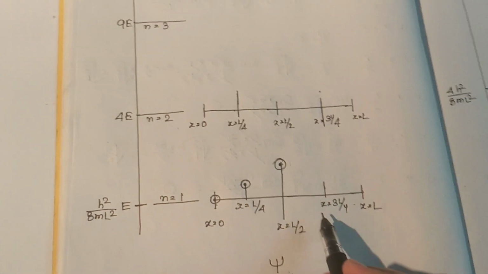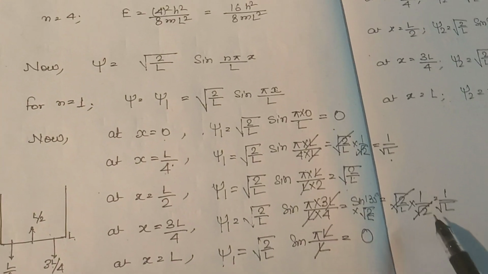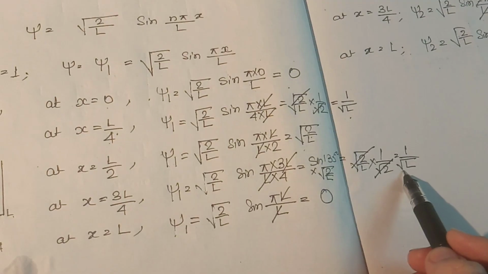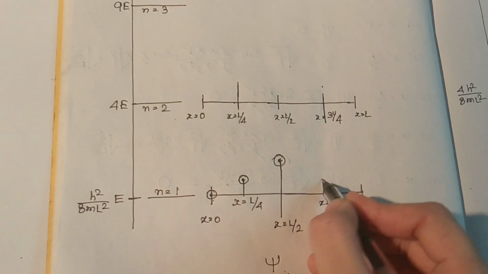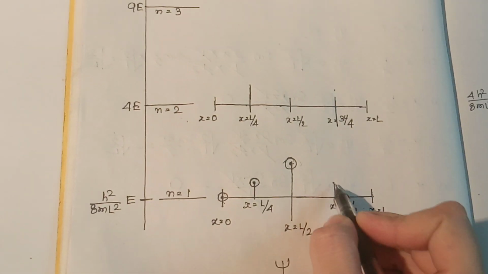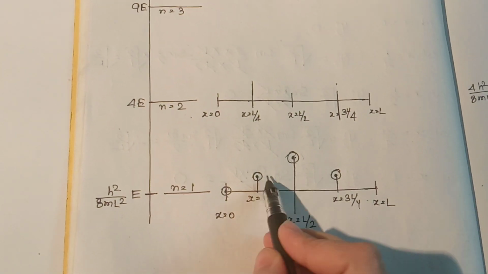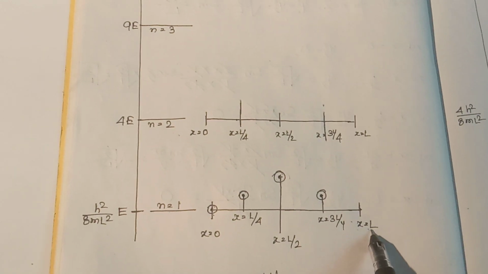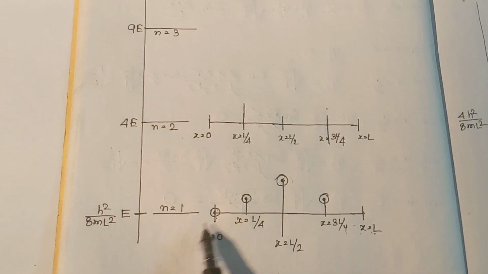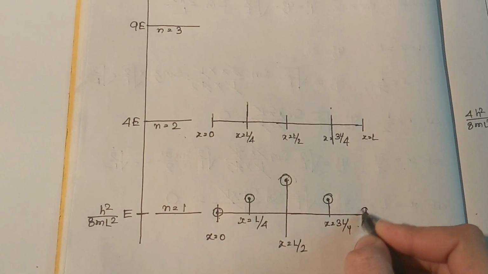Okay, and then when the x value is 3L divided by 4, the value of the wave function was equivalent to 1 by square root of L. So the same value came again, and that's why the height should be the same at the 3/4 position of the box, just like the L by 4th position of the box. Okay, again the value is repeated. At the position x is equal to L, the value that came is equivalent to the value when the particle was at x is equal to 0 position. So the particle position is 0.